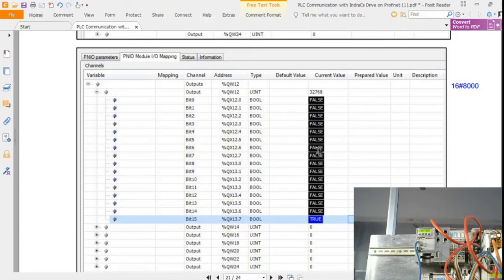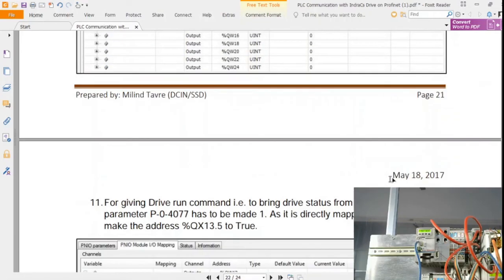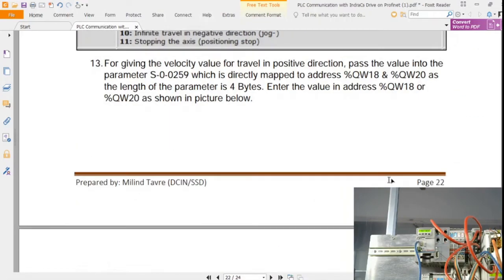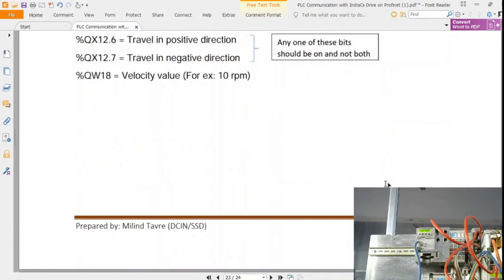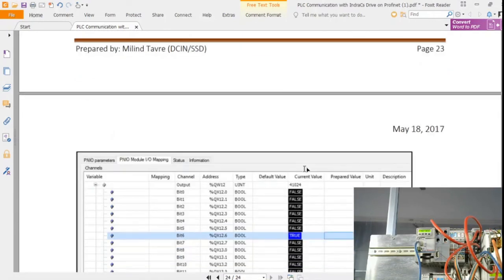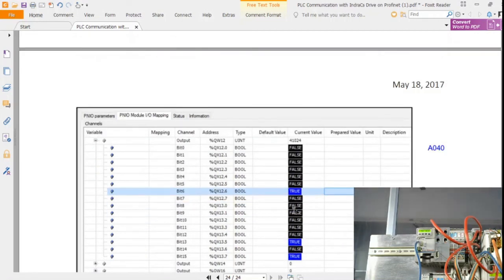So we need to calculate in decimal what happens when these bits go on. Accordingly, you need to give the value. So we need to give A040 for making this one in the positive direction. For making these 3 on, we need to give A040.